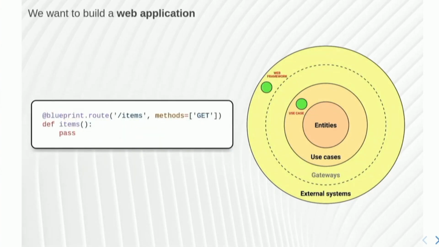It's 2022, so we probably want to build a web application. But this is not required, okay? It's just an example. The web application requires a web framework because I don't want to implement the logic to deal with HTTP requests and all these things. There are smarter people who did it for me. In this case, I'm using Flask, but I can use any other web framework. The web framework exists in the external systems. And I want to say a couple of things about this.